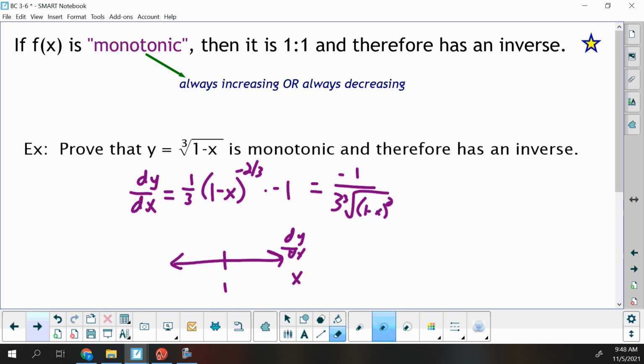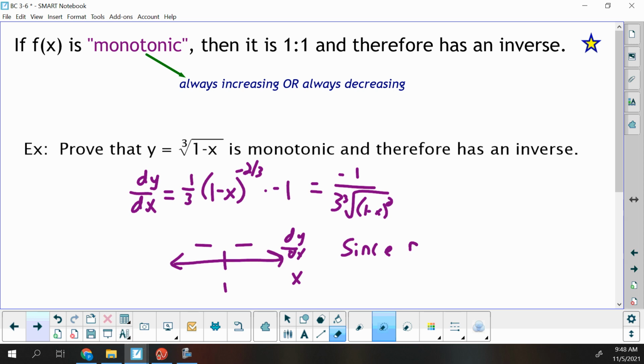Something left of there is 0. When you put 0 in for x in our derivative, we're going to get a negative over a positive, which is a negative. If you put, say, 2 in for x, you're going to have a negative, but then it's going to get squared. So in the end, that denominator will all be positive. Negative divided by a positive is a negative. So we can say,